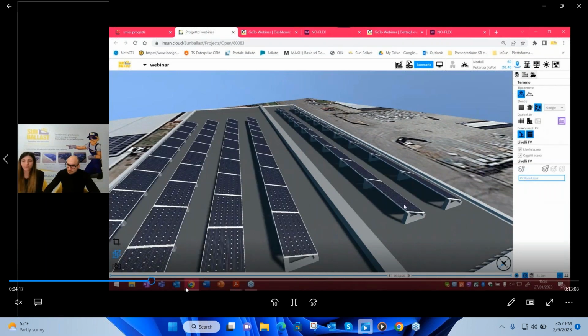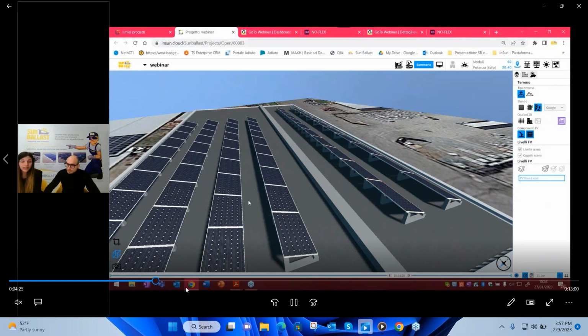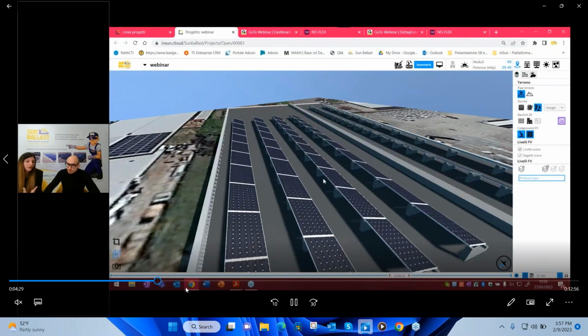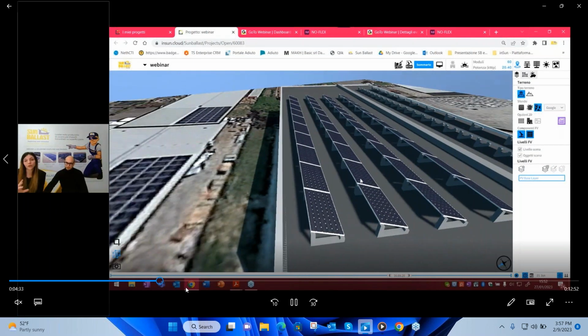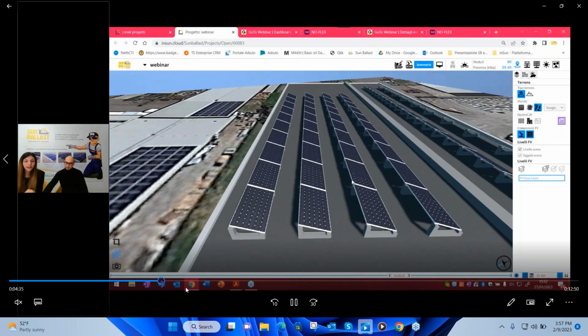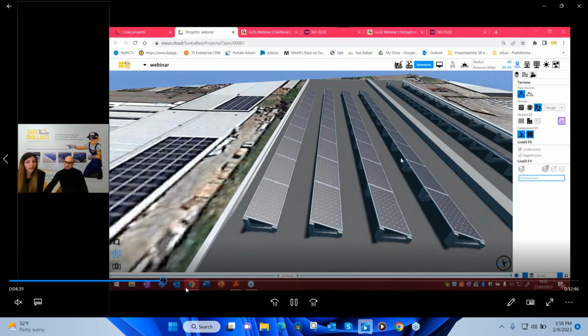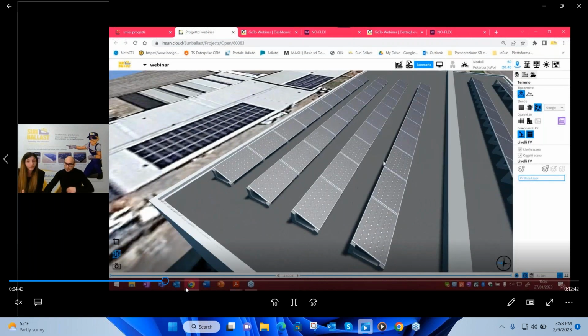You can simulate, you can do anything with it. You can duplicate rows, you can add, you can remove, you can add a lot of obstacles on the roof. You can have, I don't know, trees, you can have high buildings. It's like a 360 degree view, right? So you can flip on it. So that's the beauty of InSun software. For example, it's showing even the